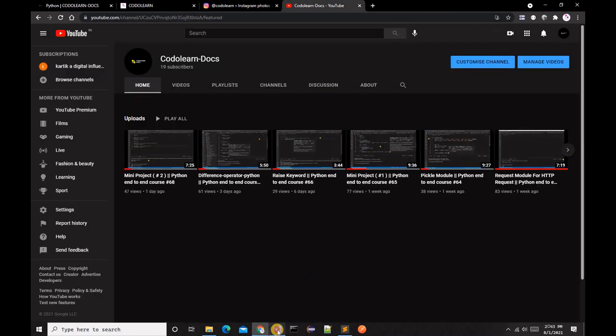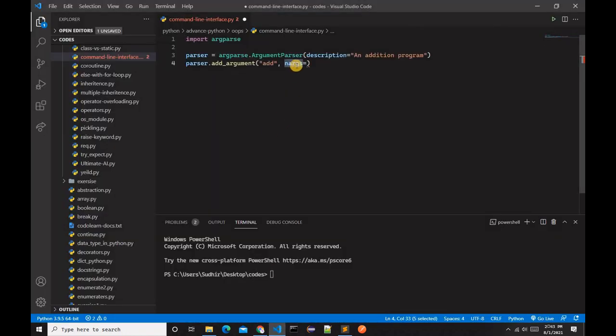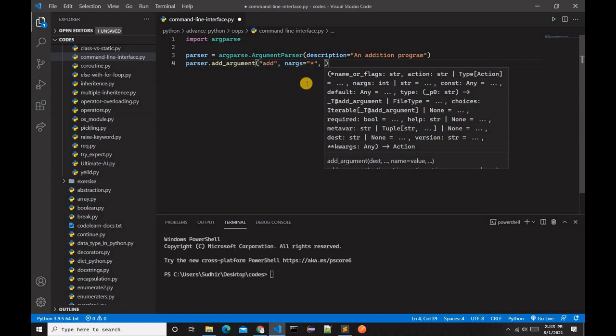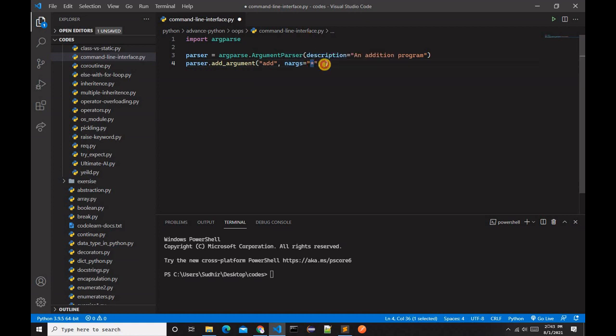So now we have to type nargs, and in double quotes we type a star. Then we have to type metavar equal to num,